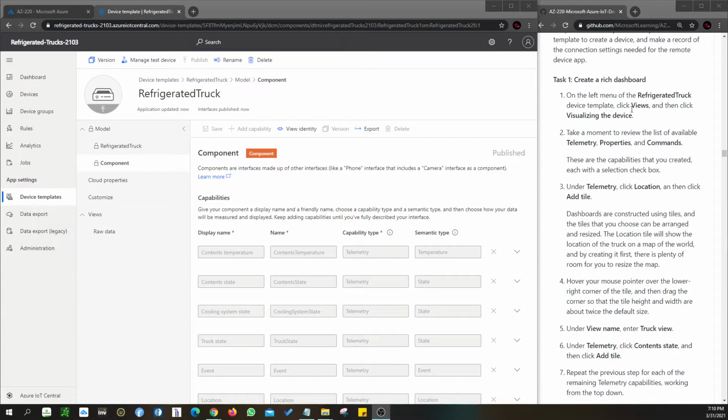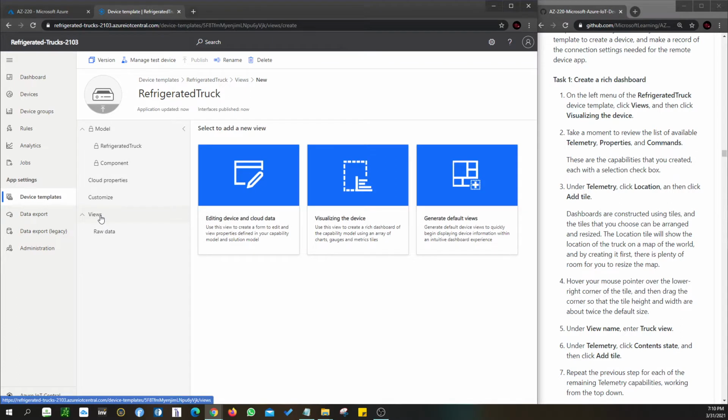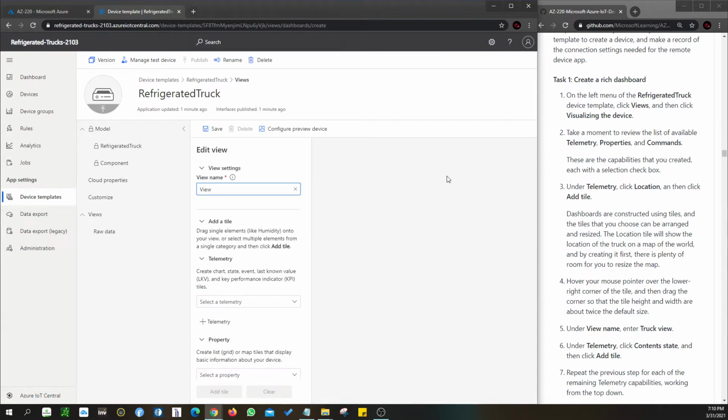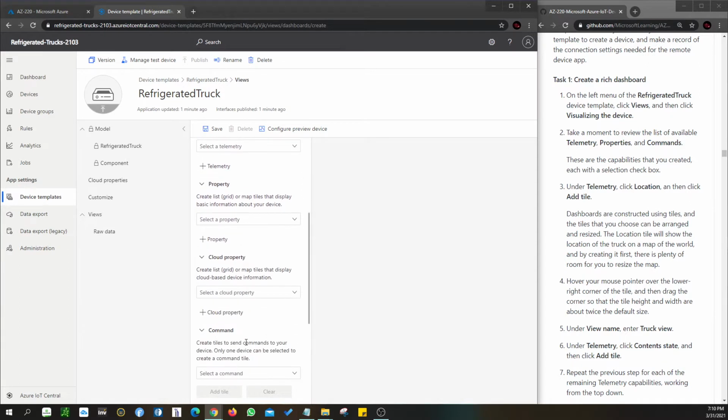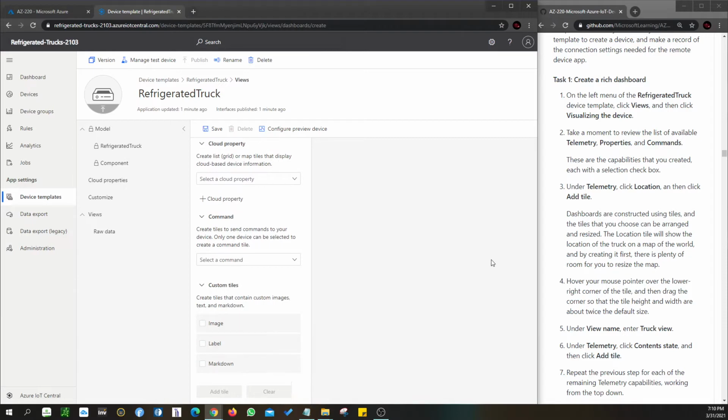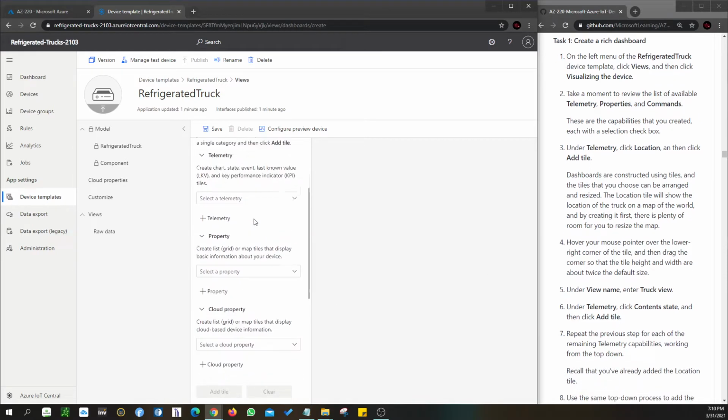Create a rich dashboard. Okay, I'm going to click on View and visualize the device. Click on it. Take a moment to review a list of capabilities: telemetry, property, and commands. Okay, so under telemetry,